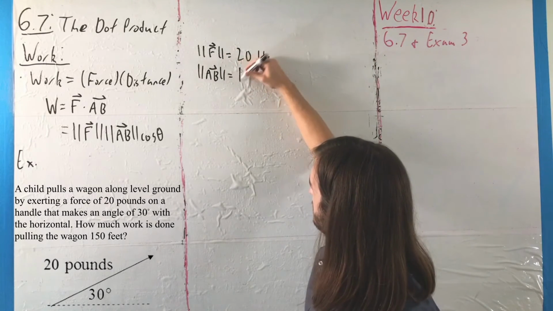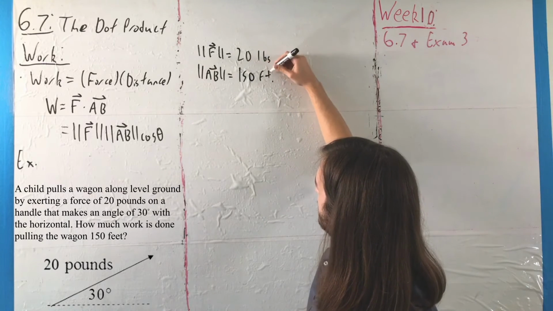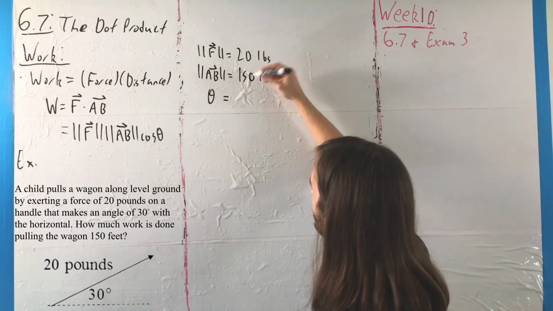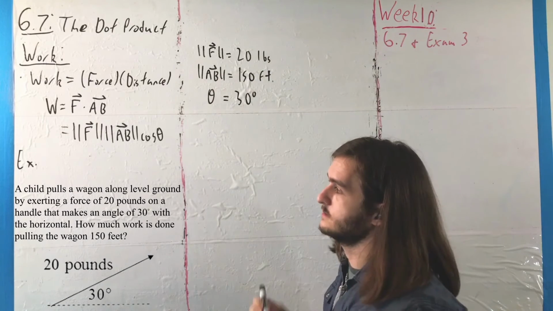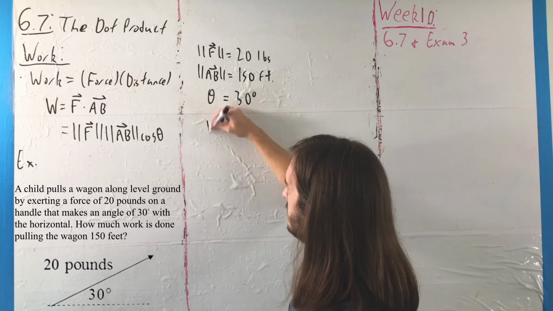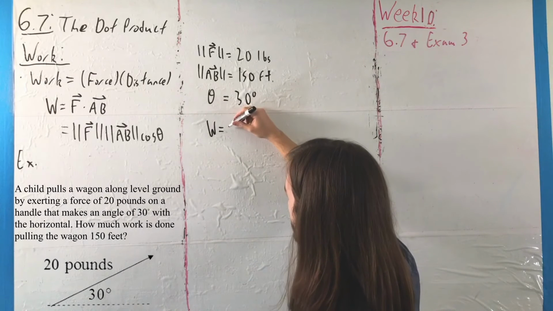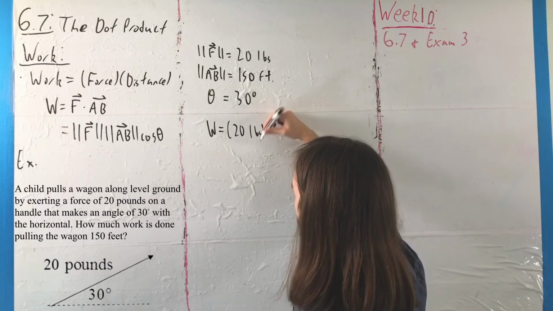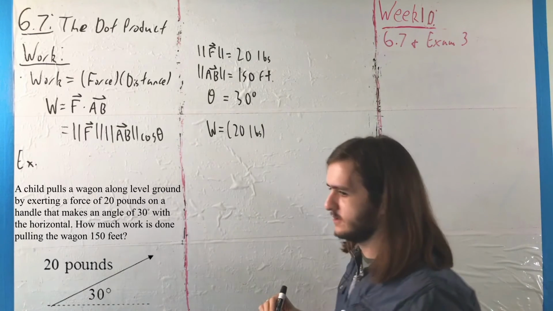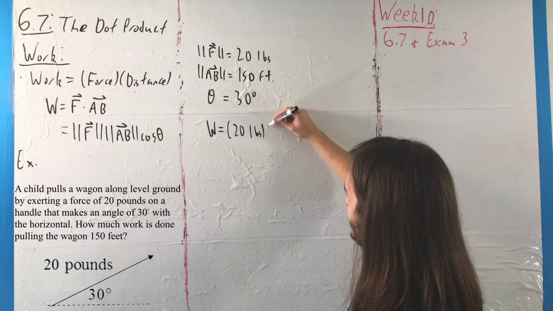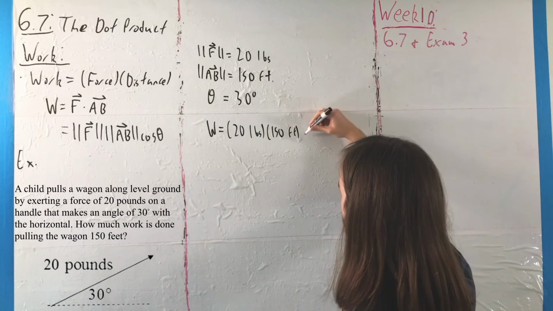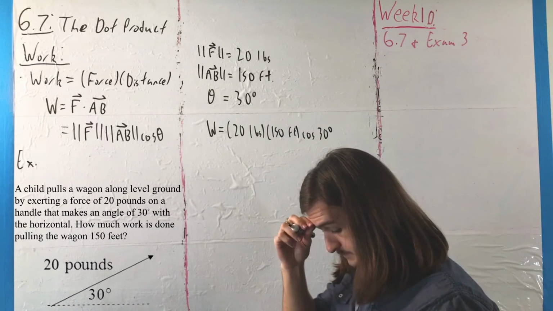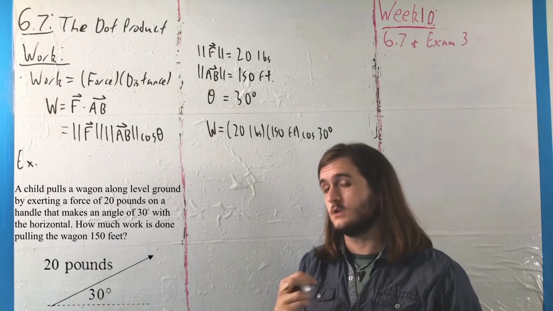That is 150 feet. And finally, we're told the angle that we're working, is 30 degrees. So if we want to find the value of that small child's work, that will be the force magnitude, 20 pounds, I don't know why I was going to say 120, that'd be quite a muscular child, multiplied by 150 feet, then cosine of 30 degrees,